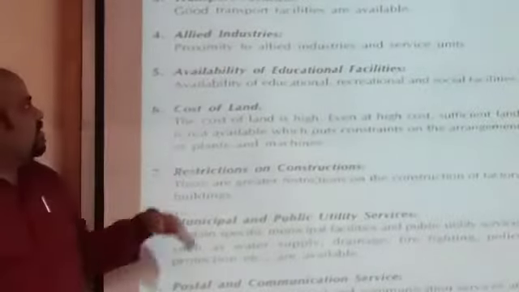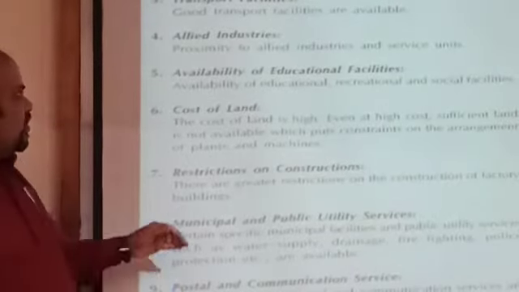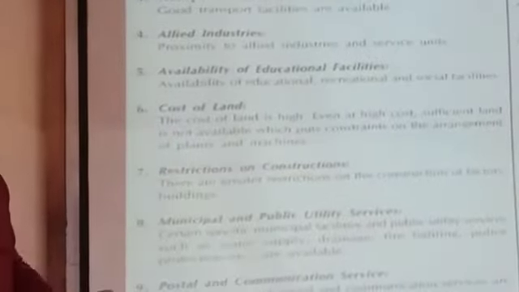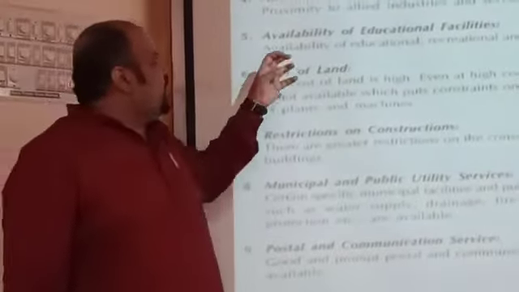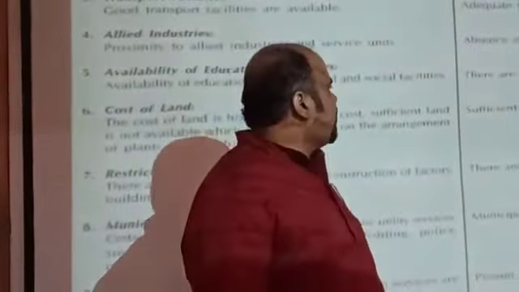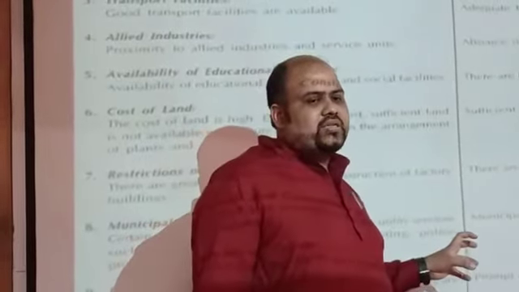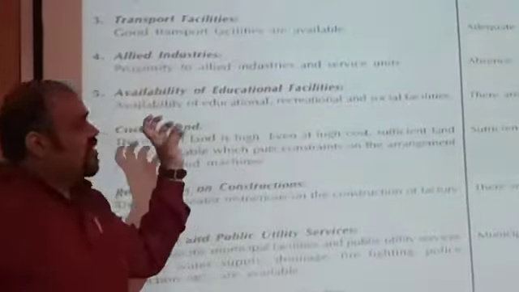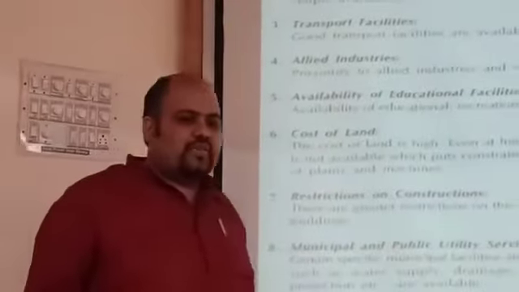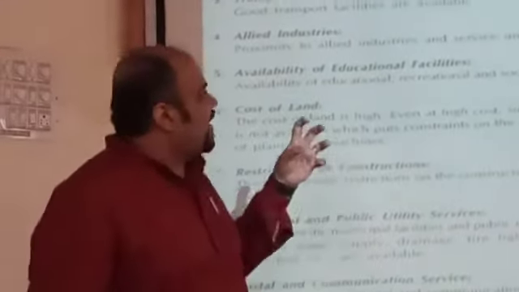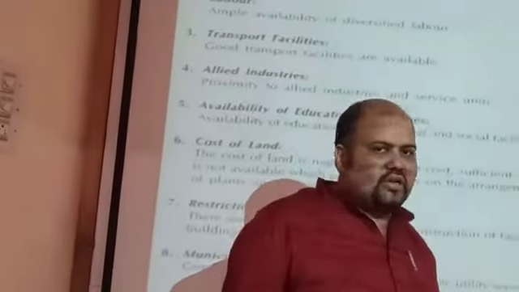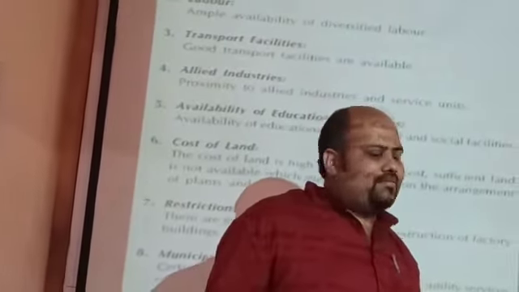Allied industries. So proximity to allied industries and service units, in the sense that whatever we manufacture, if they are intermediary products, there may be other industries in the nearby area which can consume them much faster. But if we have intermediate product industries in the rural areas, it is very difficult, because we do not find similar related industries there, and that is why transportation becomes tougher, and also not much industry will start up in those regions. So what we need to do is plan an activity wherein we also get related industries in the rural areas. Only then will things become better.